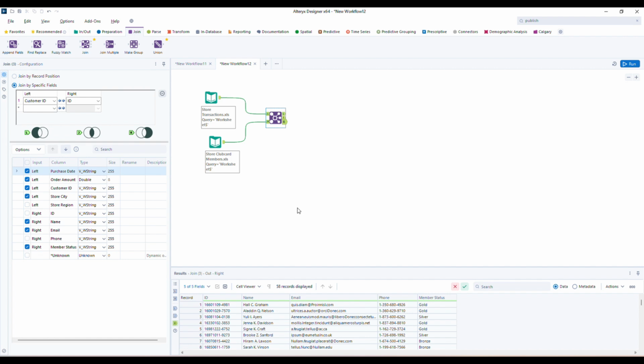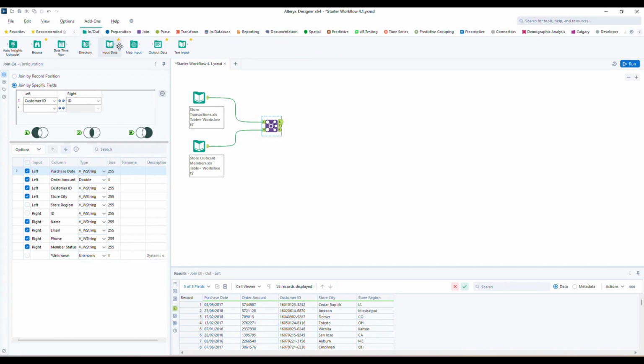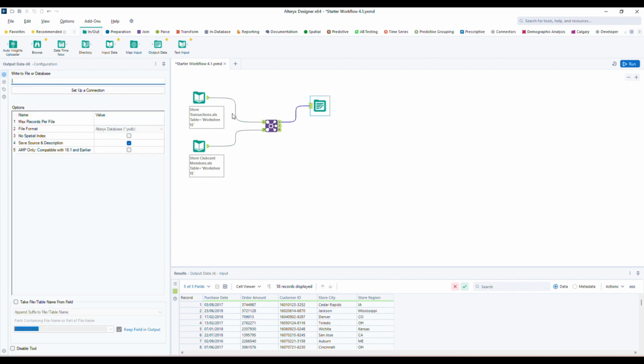After all these steps, once you're done with the workflows and all, finally we want the data, right? I mean, we want to export the data, right? So for that, we have to drag and drop this output tool onto the canvas. Here in this example, I'm connecting to the left outer join, and on the left side, if you see the configuration window, there is a setup a connection icon, right? So just click on the setup a connection.